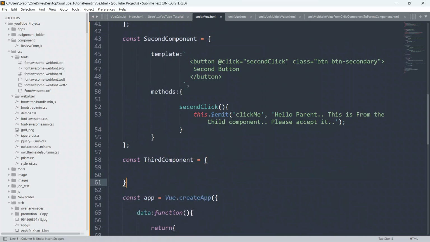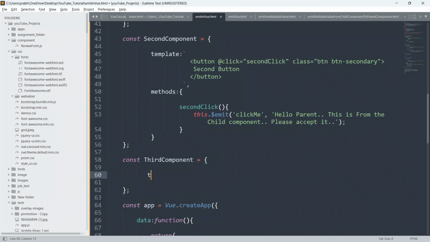Just close this, and inside this component I'm going to define one template also. I'll say template, put a colon and put a backtick for the multi-line template. Whenever you use a backtick, you will be able to define a multi-line component, and whenever you use a single quote, you won't be able to define a multi-line component. Let me show you. Just copy this. As you can see, this button is a multi-line button, so let me paste it. You will get an error.